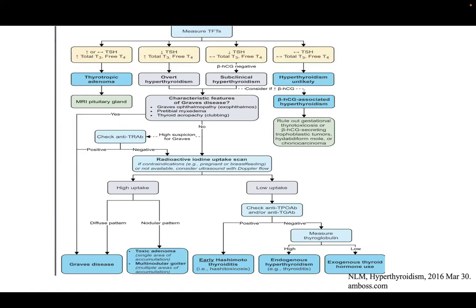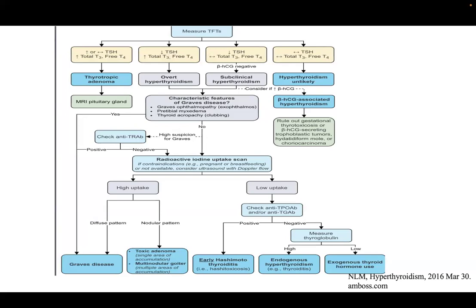Further, I had completed the first term, which was that of Graves' disease, and after that, to further evaluate, we can go ahead and start with measuring the thyroid function test. There we will see an increase in T3, T4 levels and a decrease in TSH levels. Here we can consider overt hyperthyroidism, and if the TSH levels are decreased but T3, T4 levels are normal, then there can be subclinical hyperthyroidism.